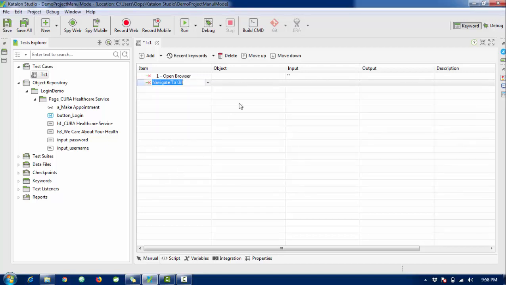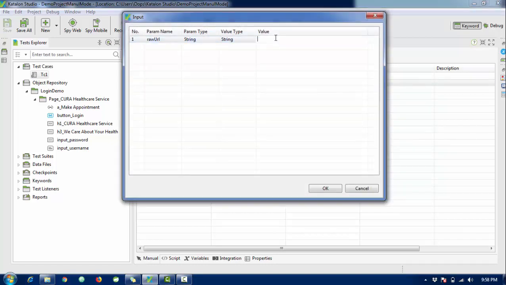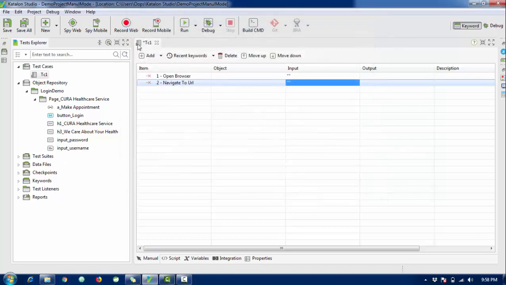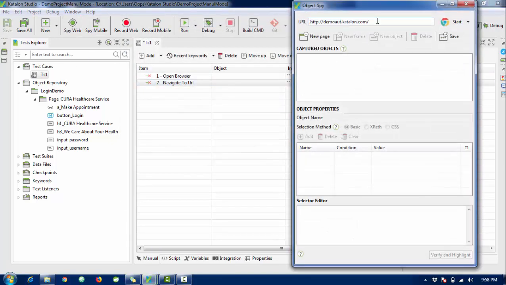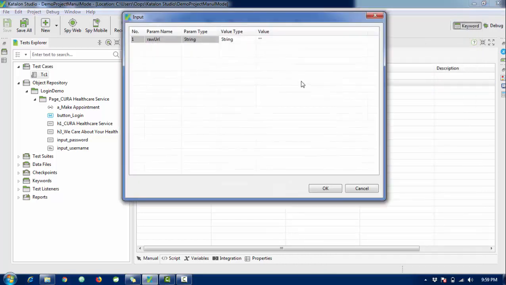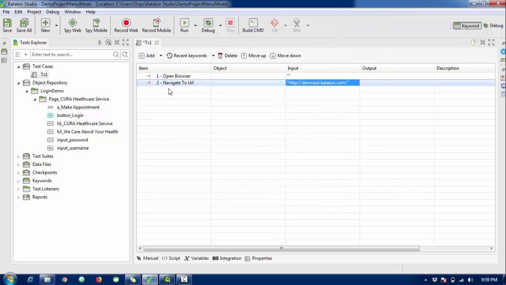Navigate to URL, and here you need to enter your URL. So on which URL you want to navigate. I'm going to navigate this URL, obviously. So I need to enter the URL here. Okay, and the third